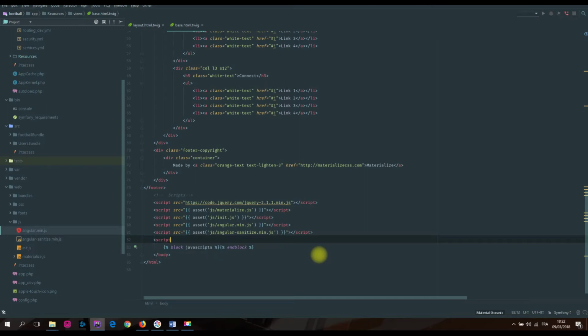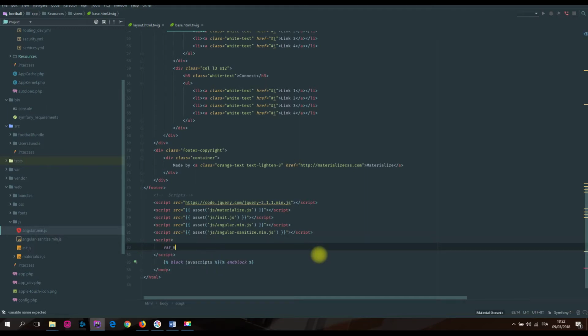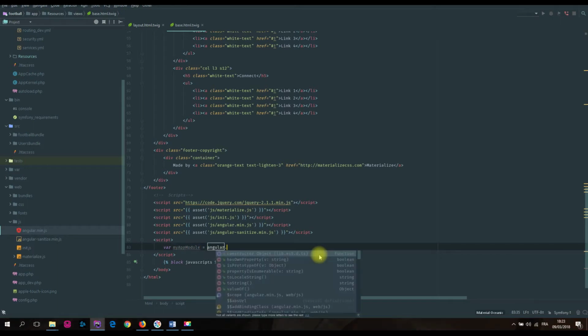So script, app module, angular.module, my app,